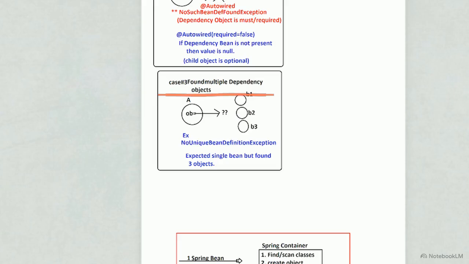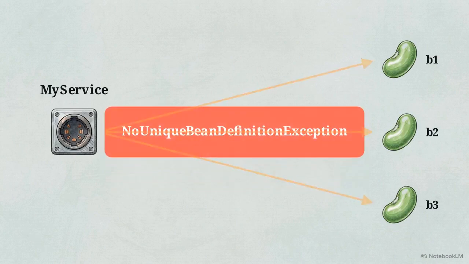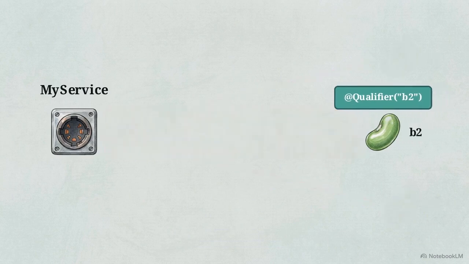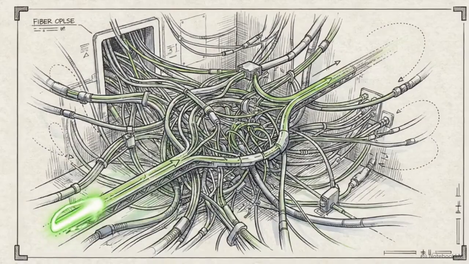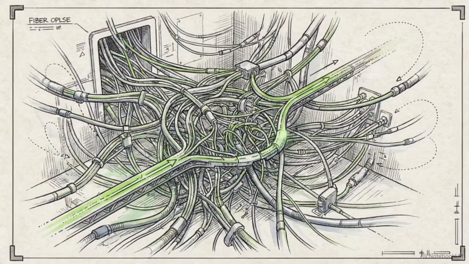Case 3 introduces ambiguity. Here, the container finds multiple viable child objects, B1, B2, and B3, and cannot mathematically determine which one to choose. This tie results in a no unique bean definition exception, as the container expects a single bean, but is confronted with several candidates. To resolve this, developers must intervene, typically by using qualifiers or providing additional configuration metadata to specify exactly which bean should be injected. While @autowired eliminates manual object wiring, it demands absolute clarity in the application's object graph to prevent